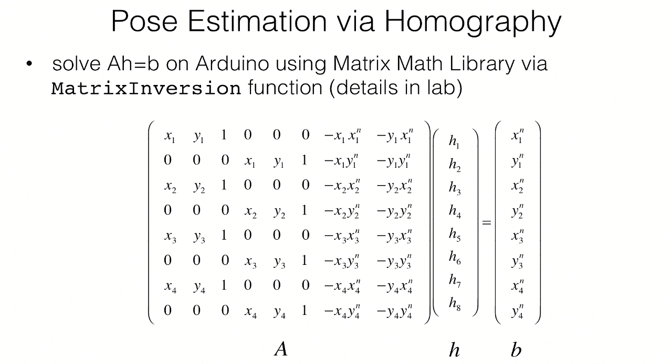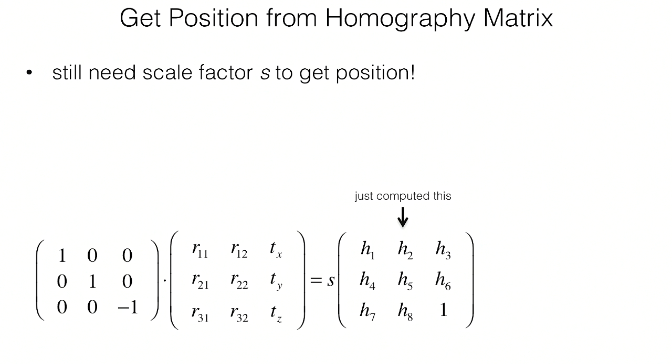We have the measurements on the right again, and we basically solve a linear equation system that we can write as A times H equals B. We know A, we know B, and we just invert this. For example, on the Arduino, there's a nice matrix library that you can use to invert this 8 by 8 matrix. So this gives us all the 8 values of the homography matrix, and then we still need to estimate